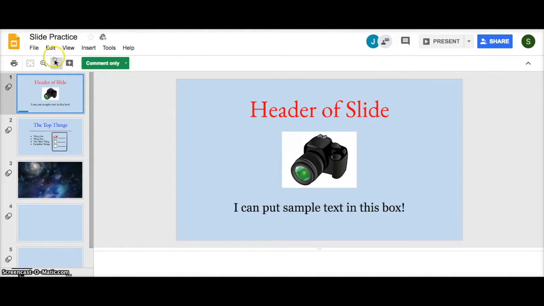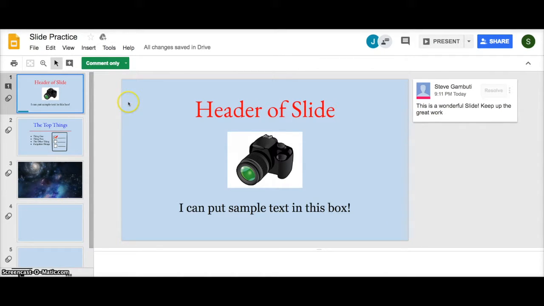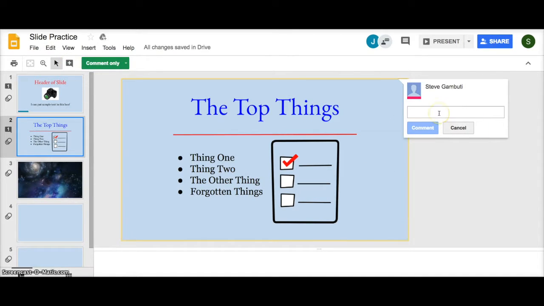Now I am going to add a comment right over here, and I'm going to say, this is a wonderful slide. I'm going to say, keep up the great work. Oh, I think I got an email now. That's pretty cool. So let's give this a click. There we go. Keep up the great work. And now I am going to click on this slide and put another comment here next to this one. And it's going to say,